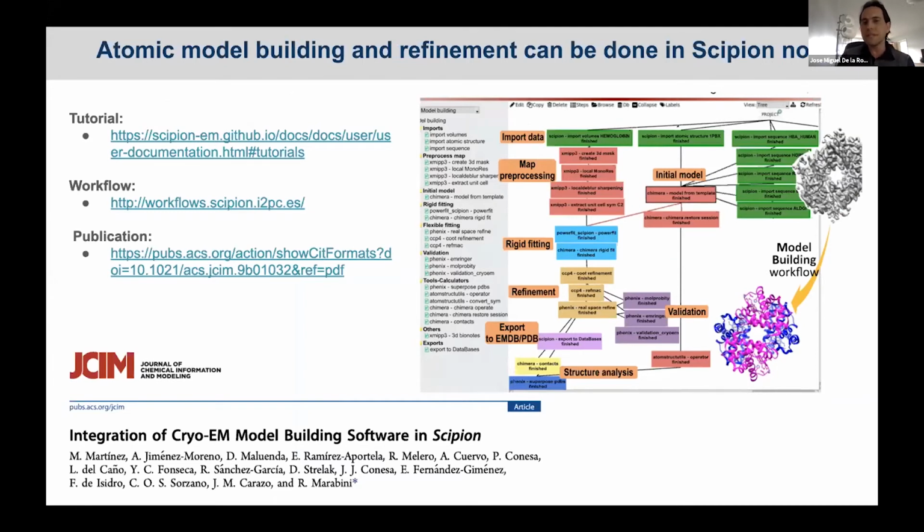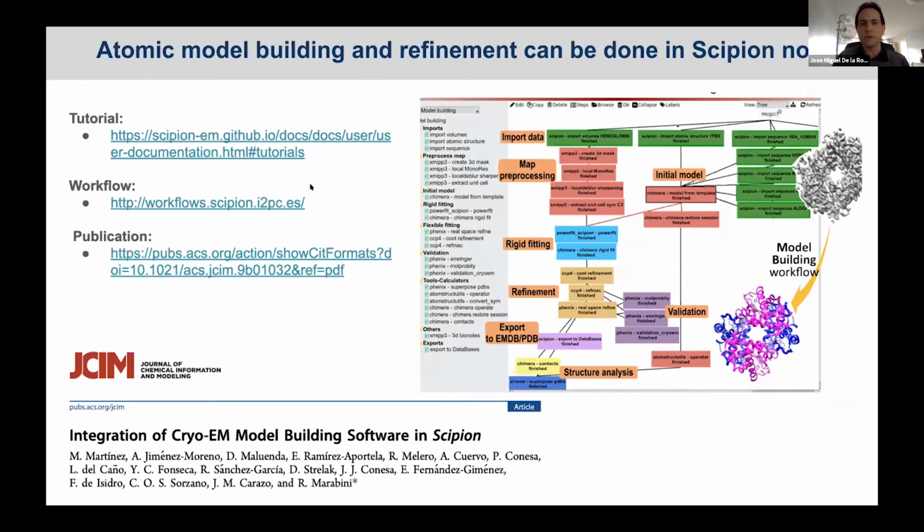Also, my colleagues in Madrid worked on another natural extension of the single particle processing workflow, which was the atomic model building and refinement. This work was done mainly by Marta Martinez and Roberto Marabini in Madrid. So they again generated the data model and started adding tools and protocols. You can see here that now most of the steps in the model building workflow can also be done inside Scipion. If you are interested in learning more about this, you can find tutorials that are available